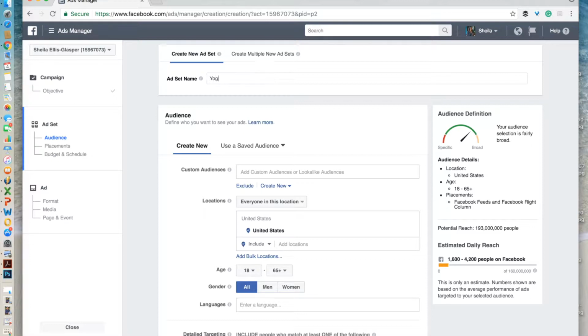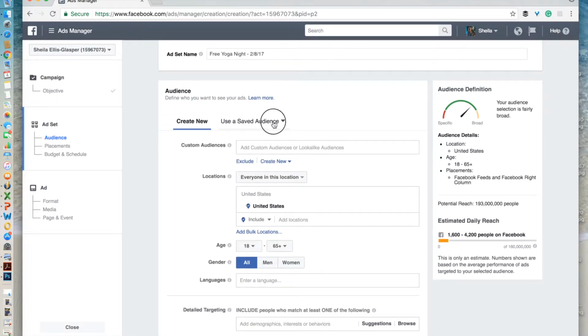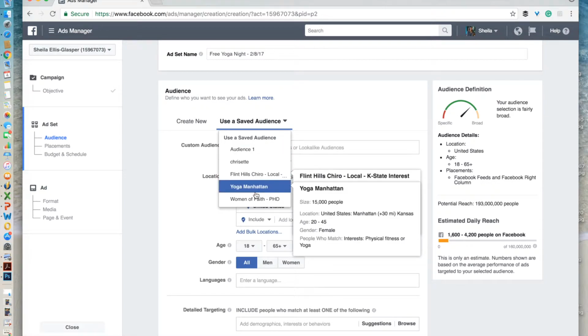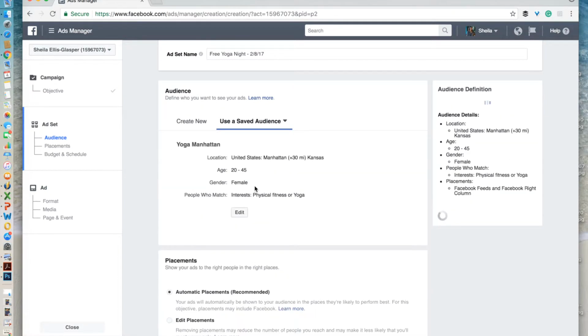So I'm going to go ahead and name this event. Then I'm going to go into my saved audiences, and I actually have Yoga Manhattan